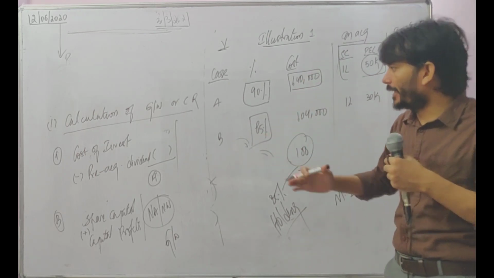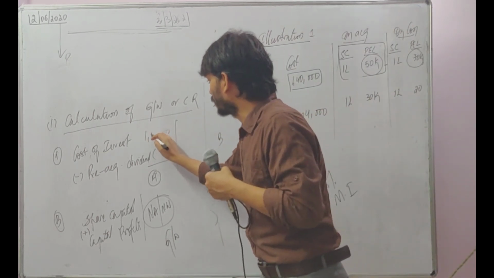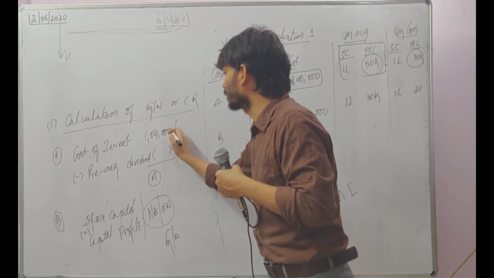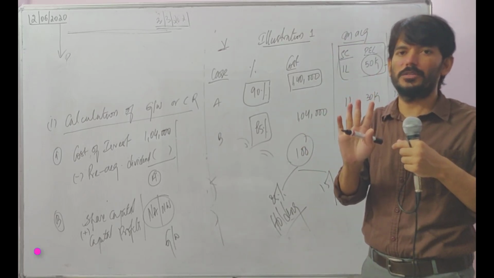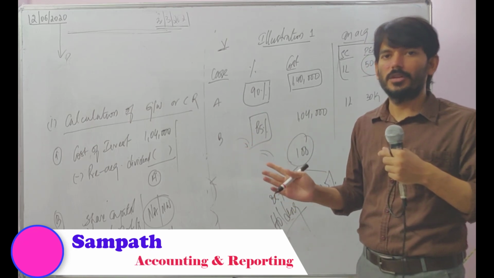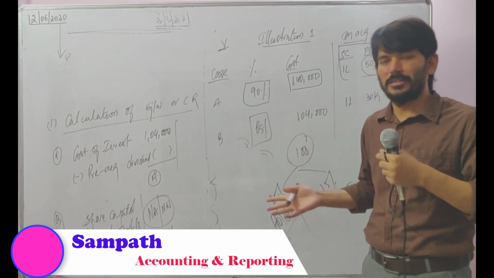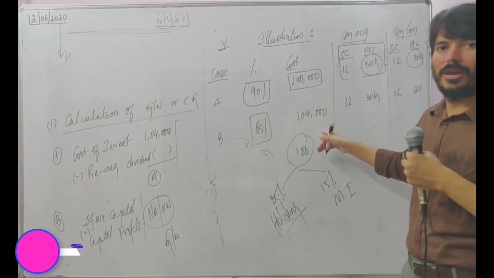Use the same calculation format. The amount that you are paying is the cost of investment. How much are you spending? 1,04,000. You write it in the inner column. See, for the first few illustrations, it will seem like a complex issue. You will wonder what he is teaching and find it difficult. But after 2-3 illustrations, instead of watching or listening, you can solve on your own. So you are spending 1,04,000.